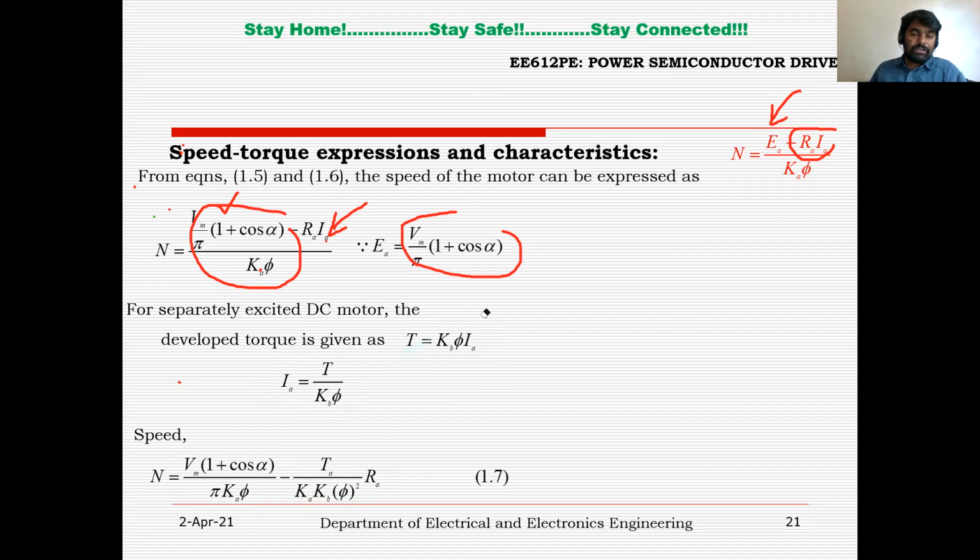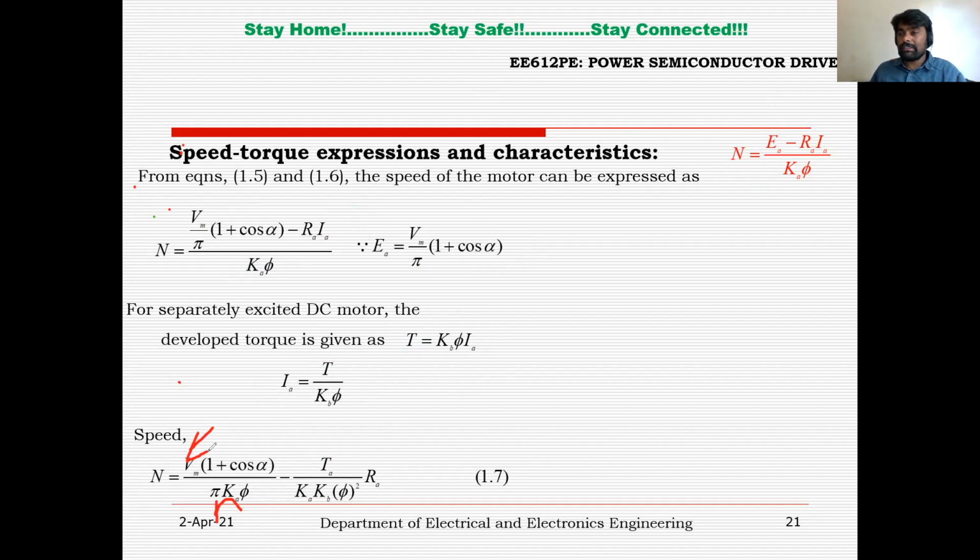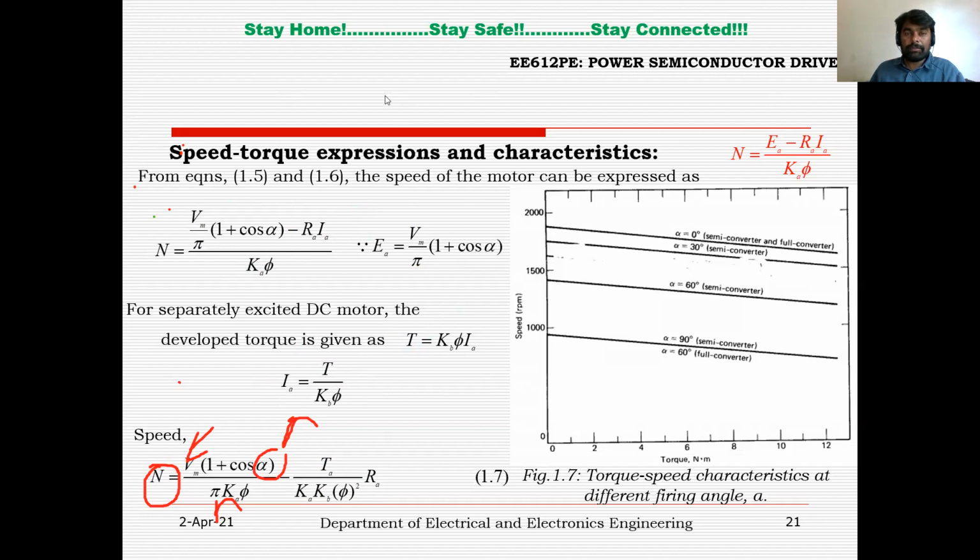So now RA is constant, KA is constant, KB is also constant, phi is constant, pi is constant, Vm is also constant, input voltage we are not changing. Now the speed can be changed only by varying the firing angle alpha, right? So now let us see for different values of firing angle what is happening. Now here you can see alpha equal to 0. We have seen it is 2Vm by pi cos alpha. So for given values of LA and RA, the speed may be something here, and the same you will get for a fully controlled converter also.